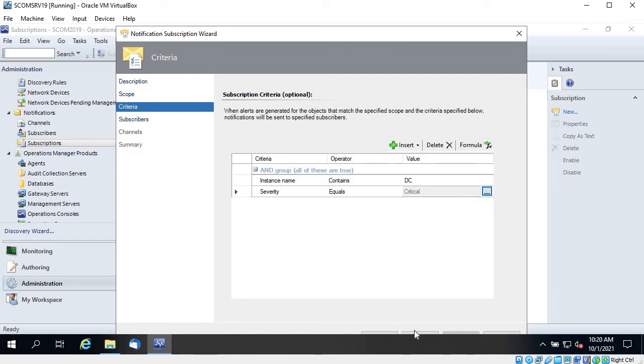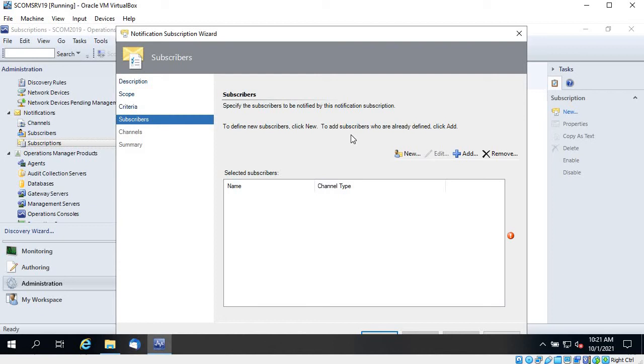Okay, so it depends how we do it, because you can first create a group and then select that group for this notification, and you can do that as well. But I want to show you this complex criteria that you can define over here. You can use OR, group, and expression to create complex criteria whenever required. So let's click on next,